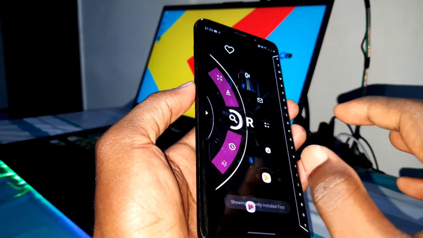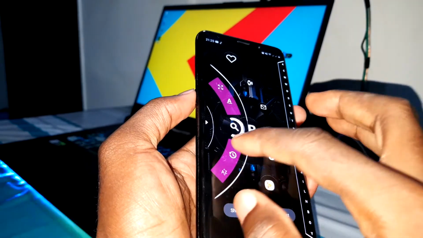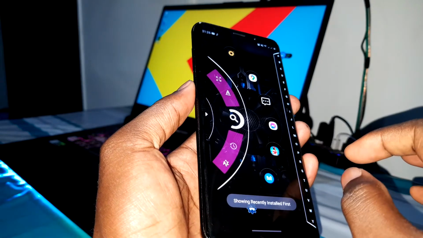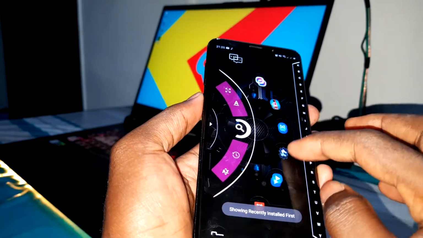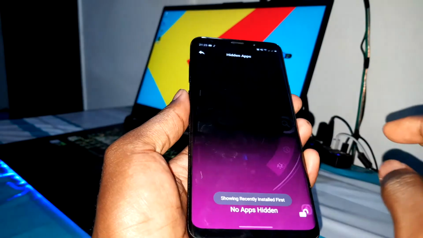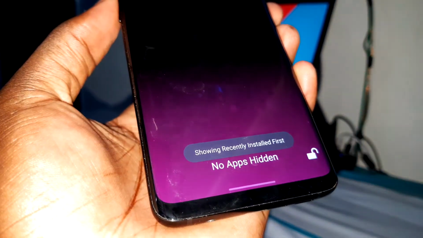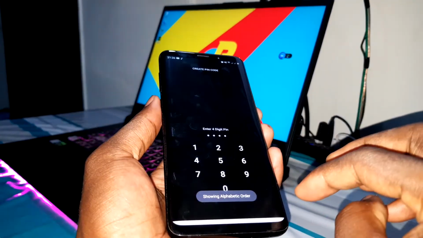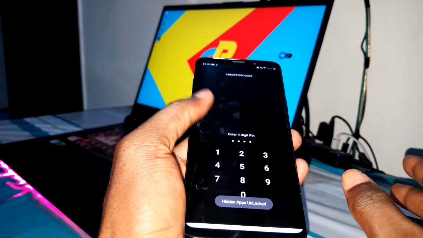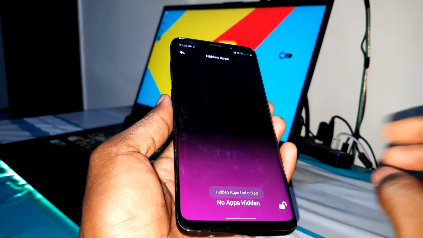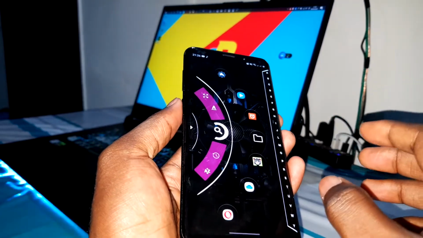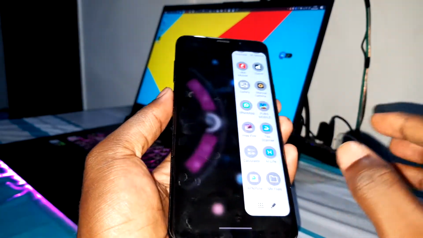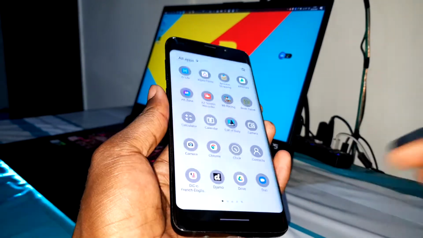And what else? You have this. Okay, to choose what you want. It's great. You have this also. You can choose what you want. All of your hidden applications will appear just here, and you can do what you want. You can add your code to lock all of this. Okay, hidden application, beautiful. Now, wow, this is amazing. I like this very, very well.